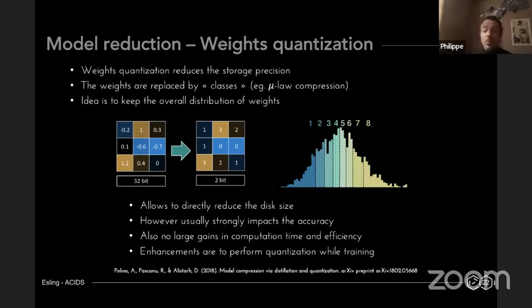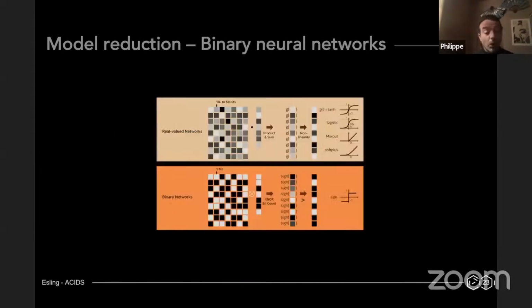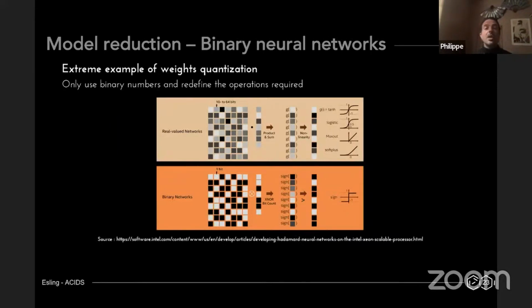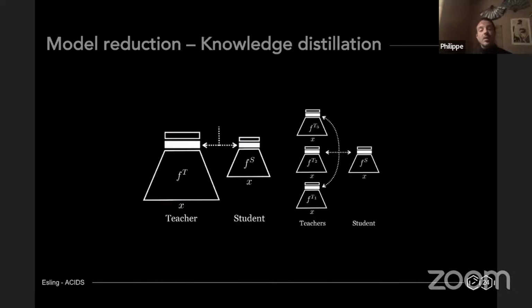That's cool because you reduce the disk size. If you work with Arduino, Raspberry Pi, it's quite cool, but usually you get quite poor results because, of course, 2 bits of information is a huge loss if you're talking about audio. The second, even worse way would be to do binary neural networks, but it seems that it works pretty well, and then you just have an output layer which is not binary anymore. But of course, it's the same issues. And some other model reduction that works quite well these days is called knowledge distillation.